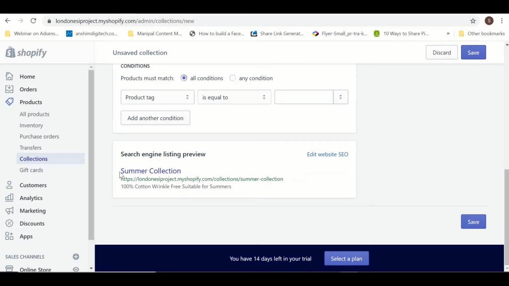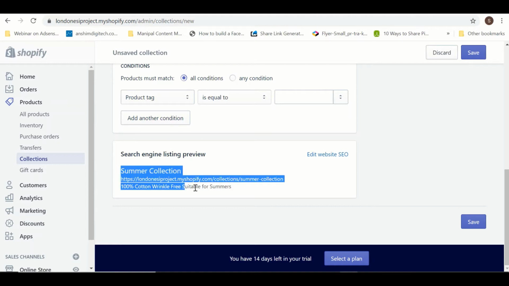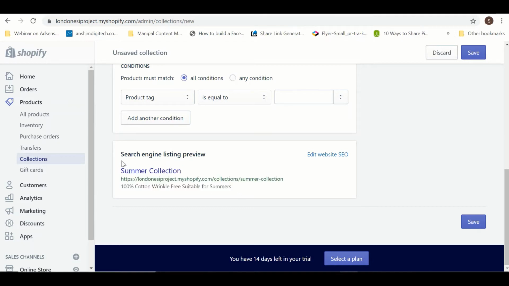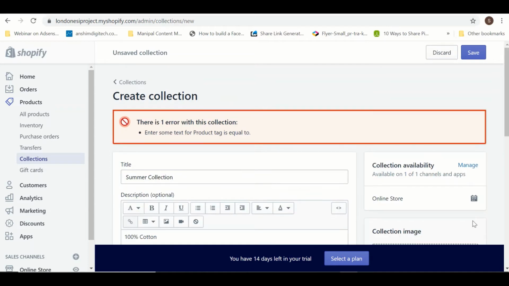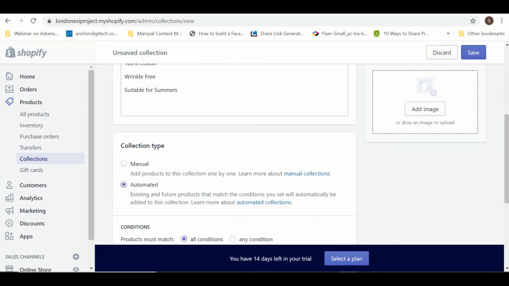And now if you can see, this is a Google search engine result page, how it will look whenever we search on Google. If my website is viewed, how the website will be viewed, that information it is giving me over here. And then you will just click on save when all the information you have provided.